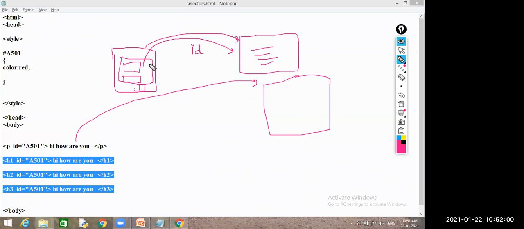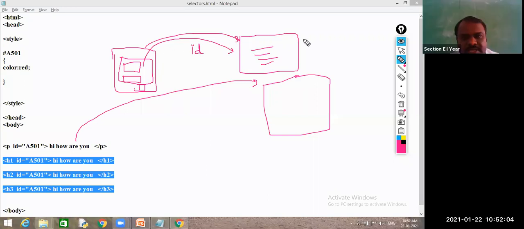How is it collecting? How will this server side program collect this information by using these IDs? Okay, if it is collected with IDs, and multiple elements have a common ID, which element's data will it take? So this will cause confusion.